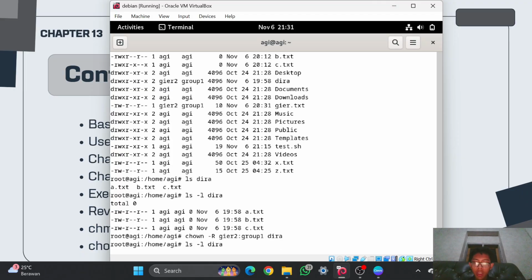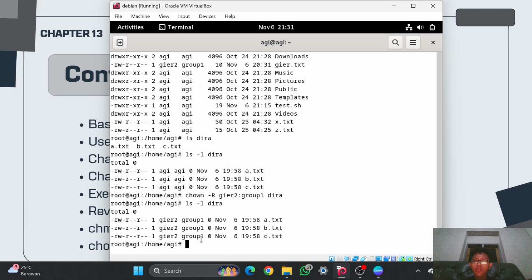And if you check again right now, for all the files and the directory, which is dir.a and also the files inside of dir.a, the ownership has been moved into gr2 and group1.